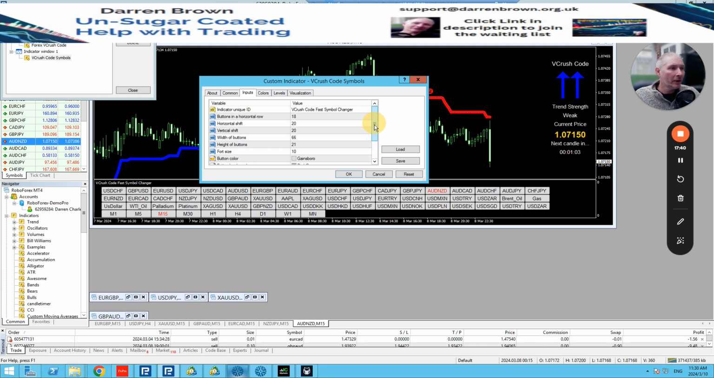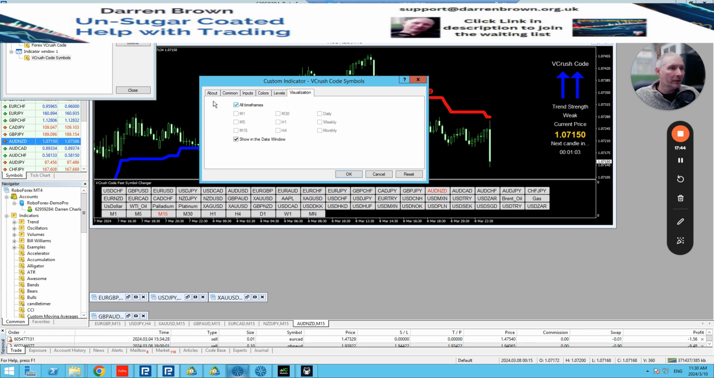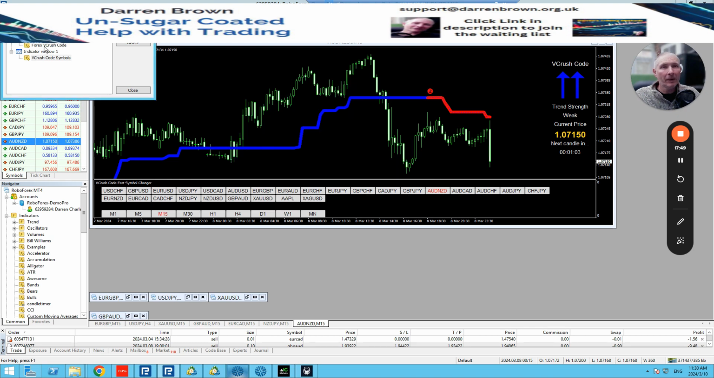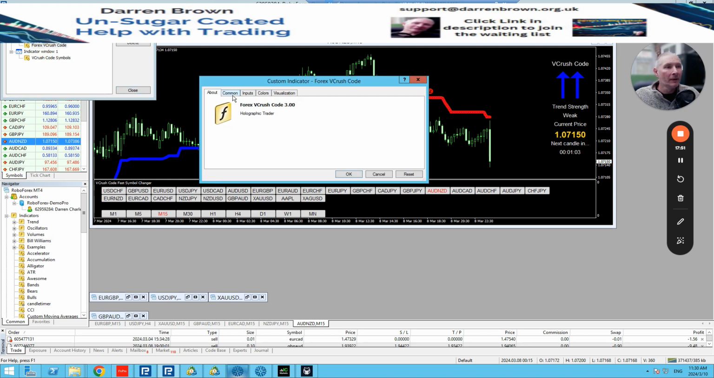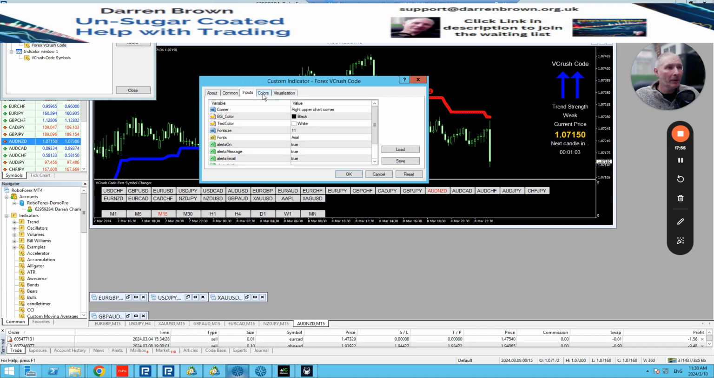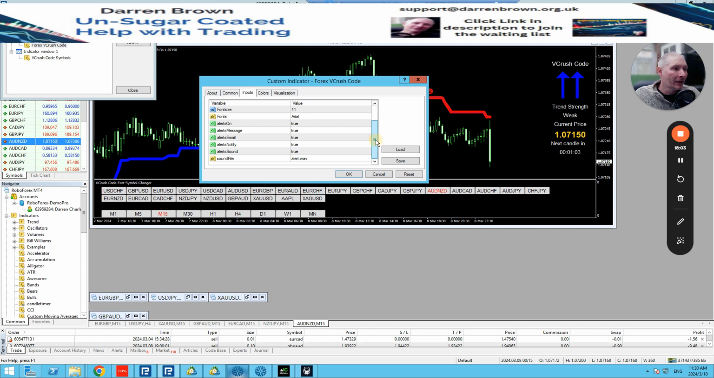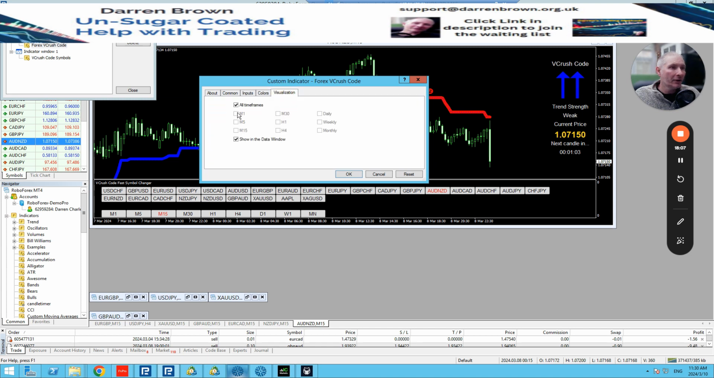So you'll see, let's just check for this, color, visualization, all time frames have been collected, so that's that one. Now we're going to move to the code, back to common, allow input. Just going to scroll through. This is where you can set up your sound, email notification, notify, etc. Very, very handy. Color, visualization, again set up your time frames as the same as the last one that you've